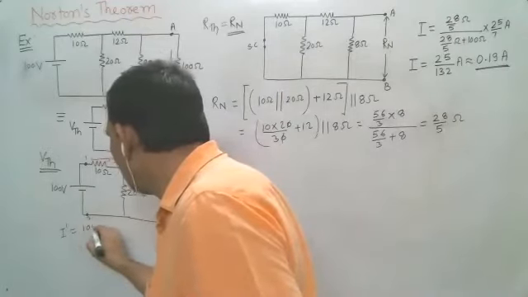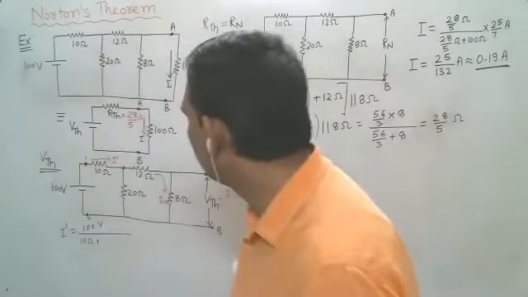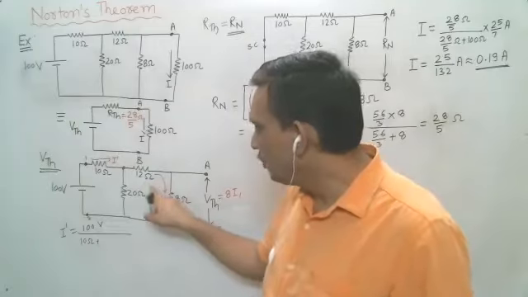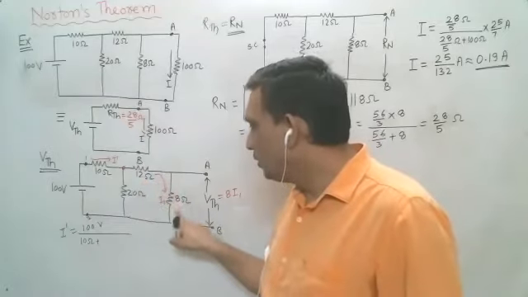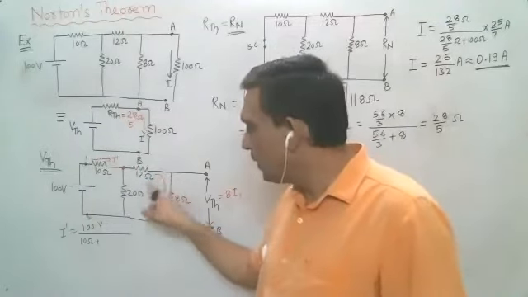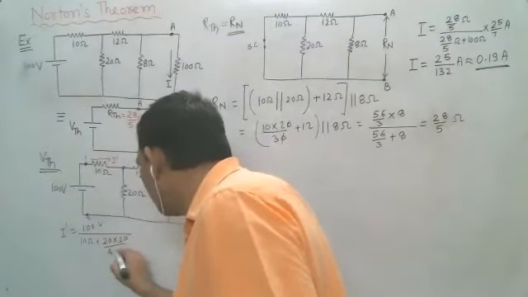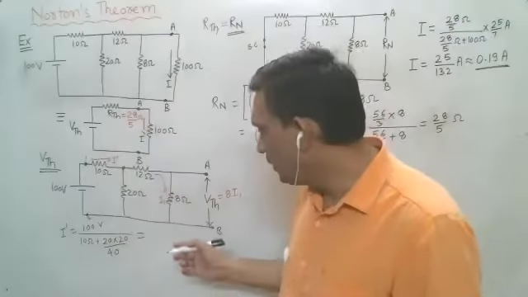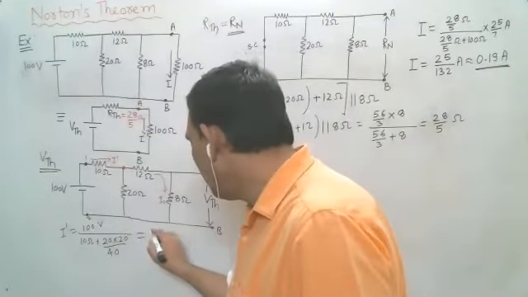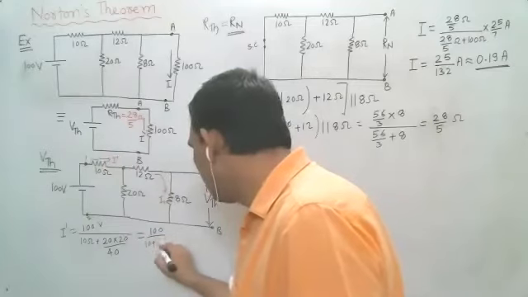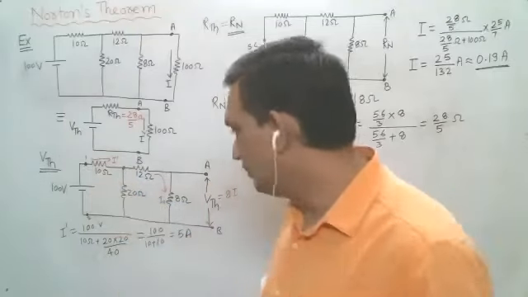I dash is 100 volt divided by the equivalent resistance across 1, 2. That is 10 ohm plus. Now you can see these two resistance are in series because same current is flowing, I1, I1. So equivalent is 20 ohm and that is parallel with 20. So simply you will get 20 into 20 by 40. What will be this value? 0 will cancel out. 100 by 10 plus 10, that is 5 ampere. So current I dash is 5 ampere.